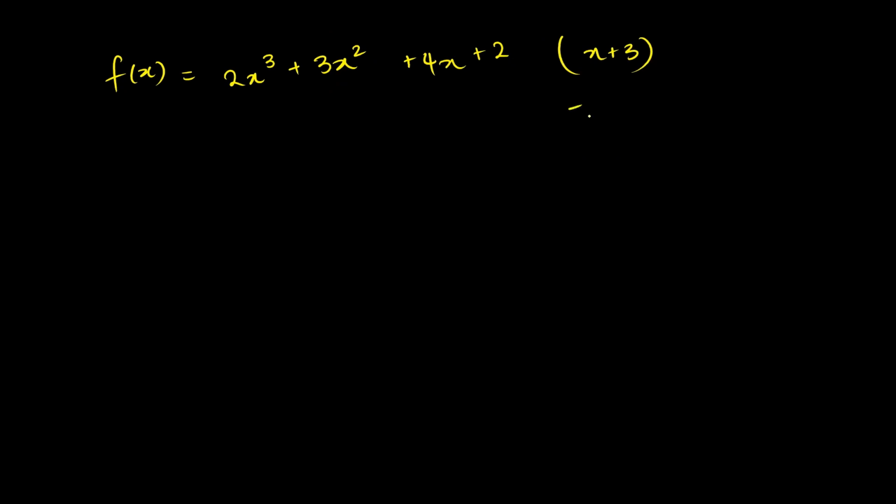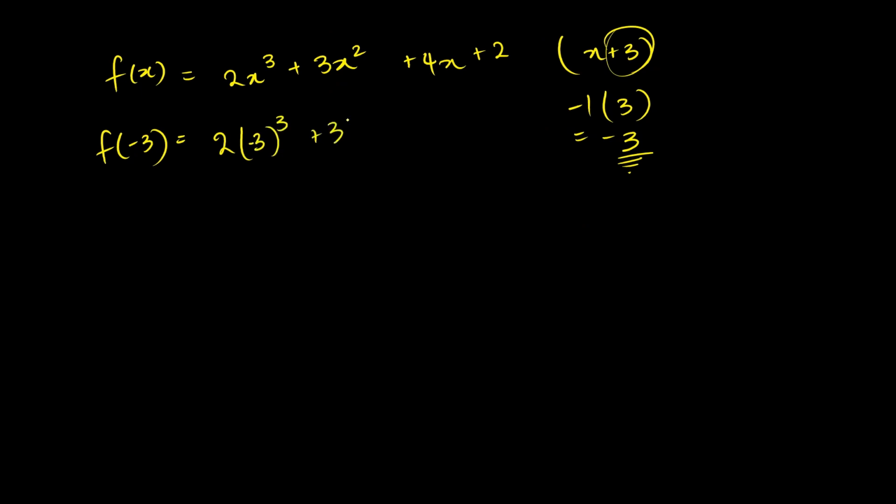All right, so first multiply that a value by negative 1. So that's negative 3. So we'll be substituting negative 3, right? So f of -3 is what we'll be evaluating. So that's 2 times -3 cubed plus 3 times -3 squared plus 4 times -3 plus 2. So f of -3 would be equal to,